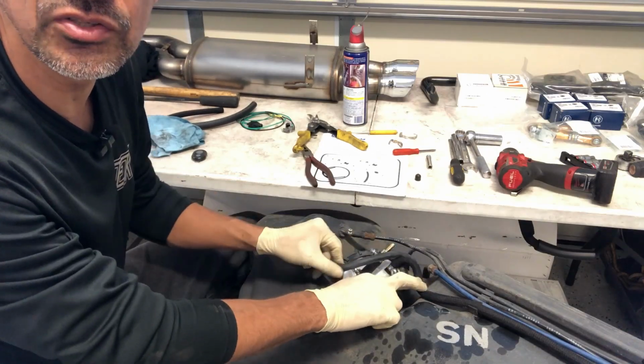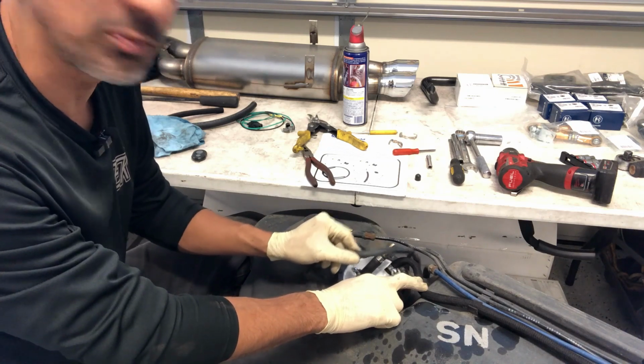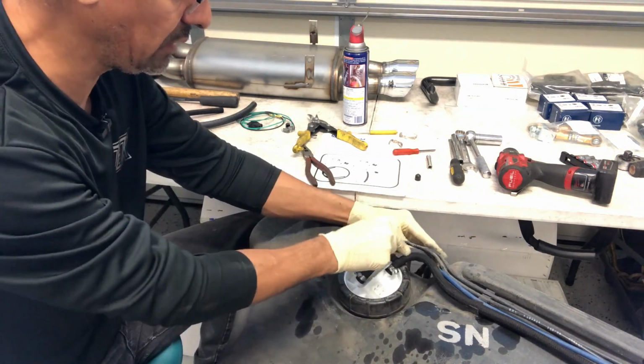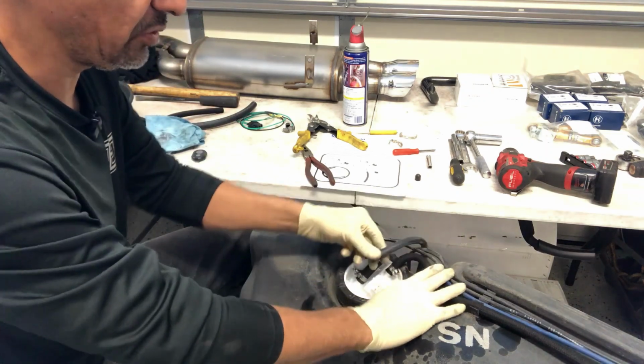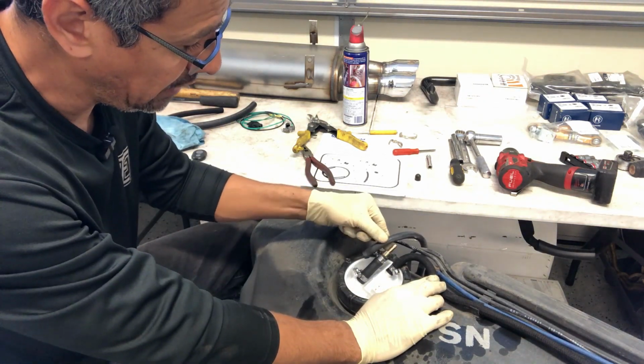So technically this is where this hose goes. As you can see, it's right there where those plastic lines are. So what I end up doing is I just pull it out and bring it on the outside. The reason why I want to bring it on the outside is now I can shorten it and it won't